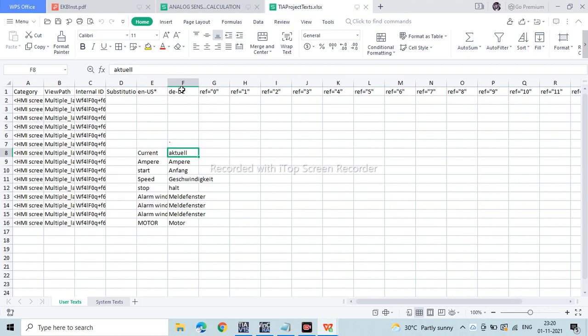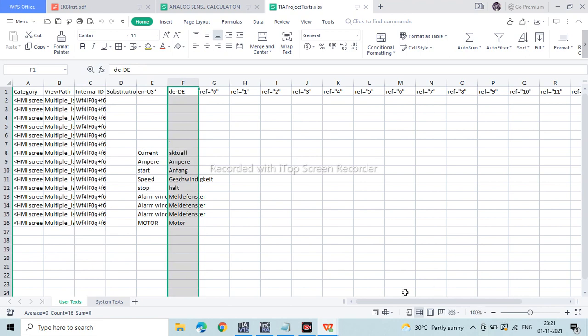You have to modify only this column, because we have a target file of German language, and don't touch any other column, because if something mismatches, then it will not import again, because there will be some issue or error. So better you just edit in the target file.